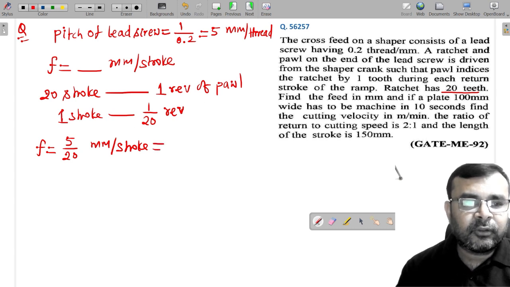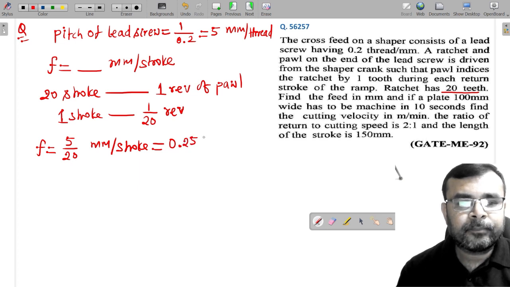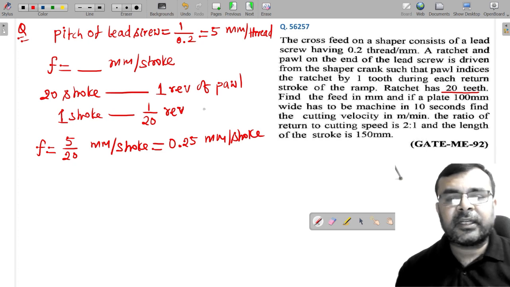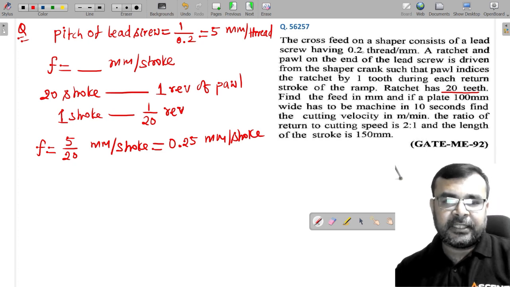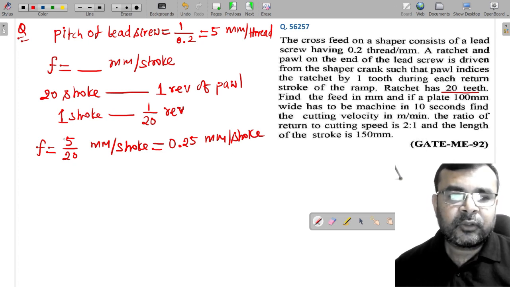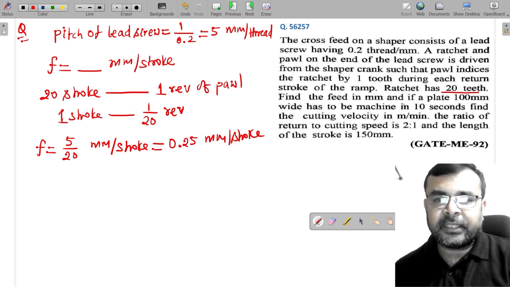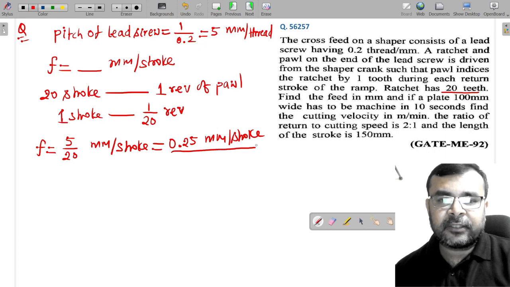तो यहां से इसकी वैल्यू आ जाएगी, दिस इज इक्वल टू 0.25 मिलीमीटर पर स्ट्रोक। तो ये एक्स्ट्रा वर्क हमें करना पड़ा जस्ट बिकॉज ऑफ दीज डेटा। नाउ तो ये एक बार फीड मिल गया तो ये प्रॉब्लम बहुत इजी हो जाएगा। फाइंड द फीड इन मिलीमीटर। तो ये फीड मिल गया, हमारा फर्स्ट आंसर हो गया।